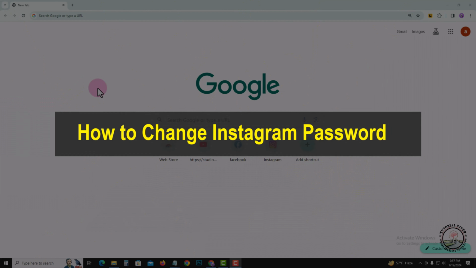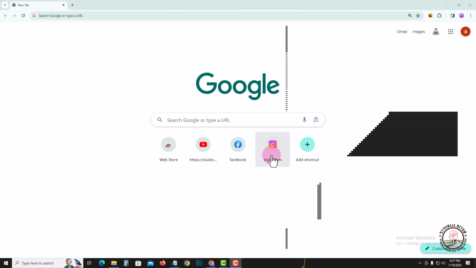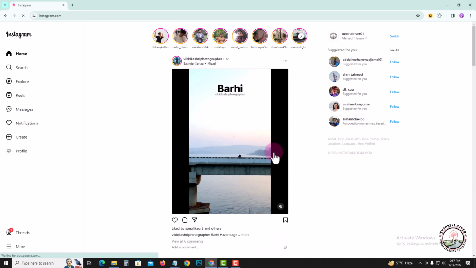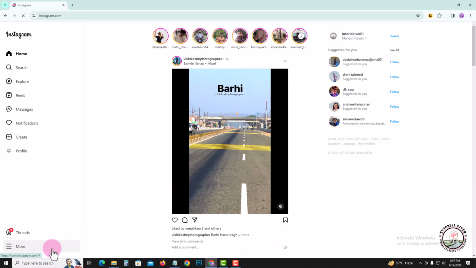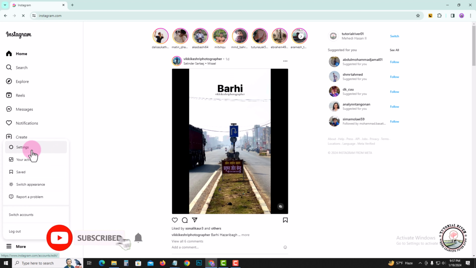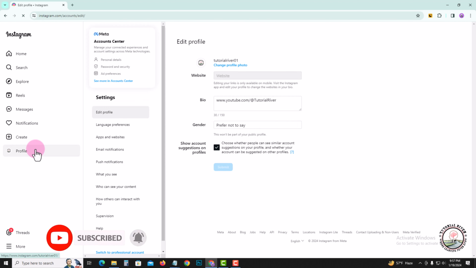In this tutorial I will show you how to change your Instagram password. So first of all, open your Instagram account. Look at the left corner, tap on more and then go to settings. Click on this,